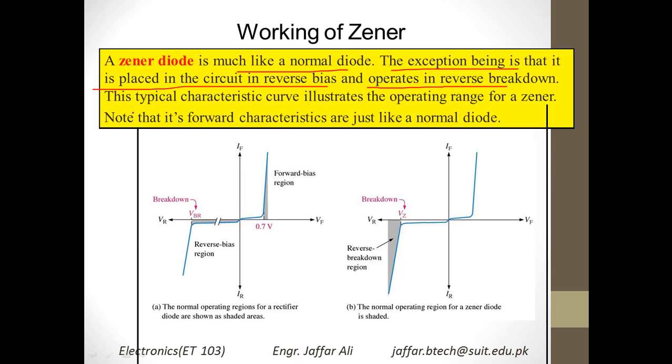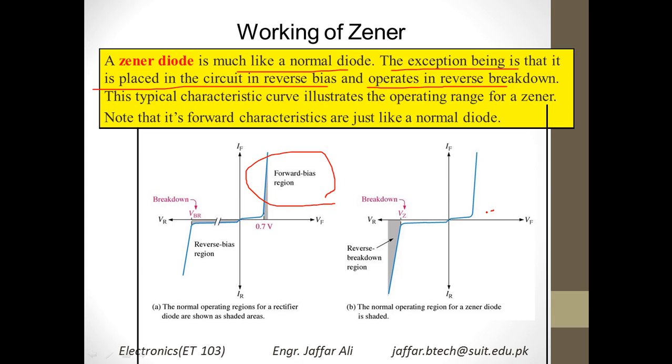And this typical characteristic curve shows the operating range of a Zener. So for the forward region, it is similar to the normal p-n junction diode, but for the reverse region it is different from